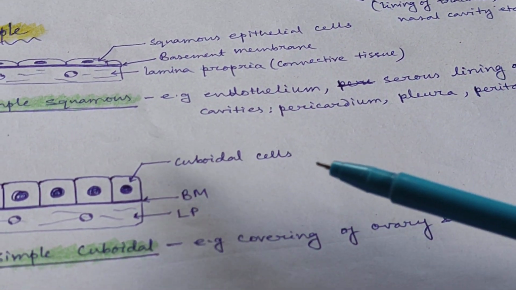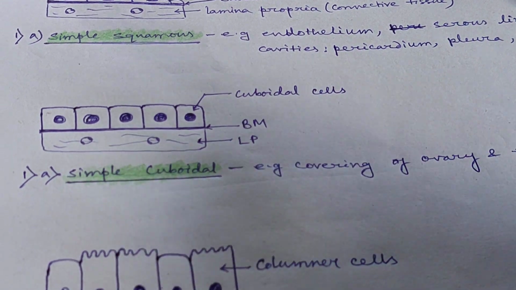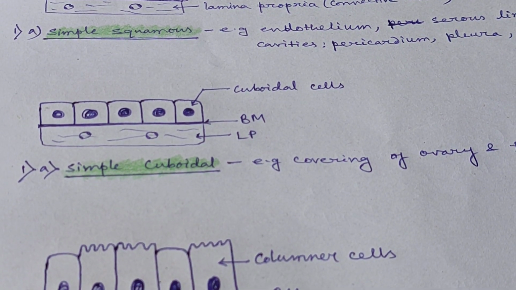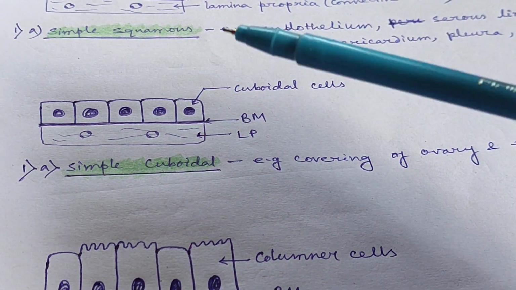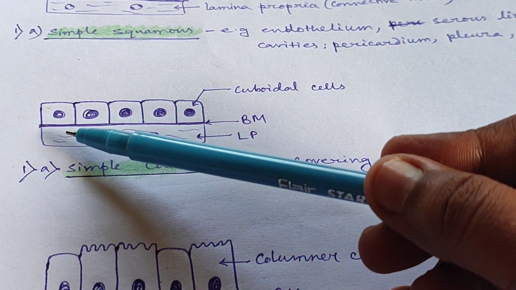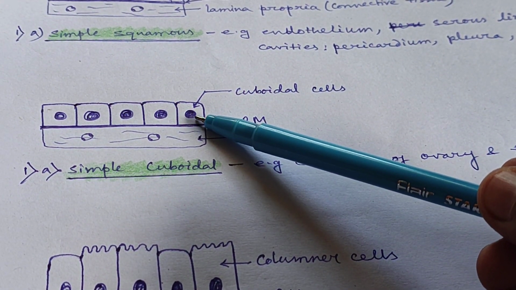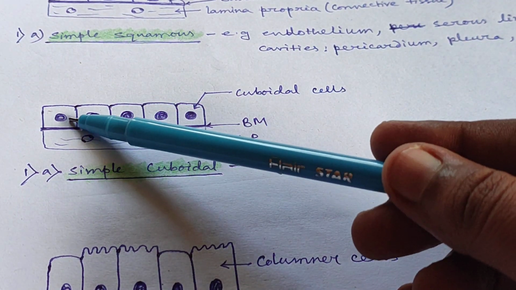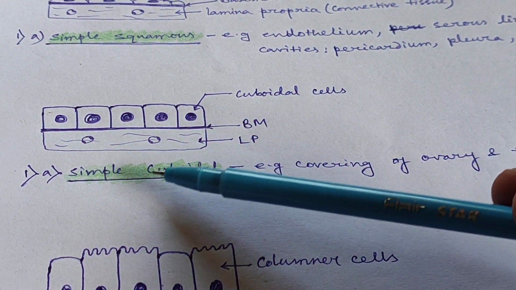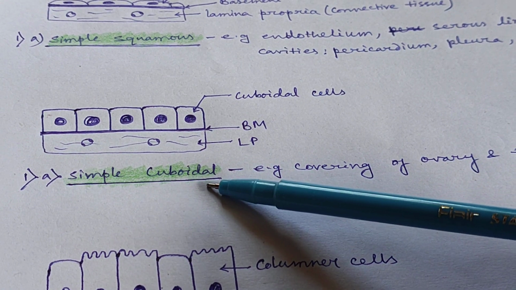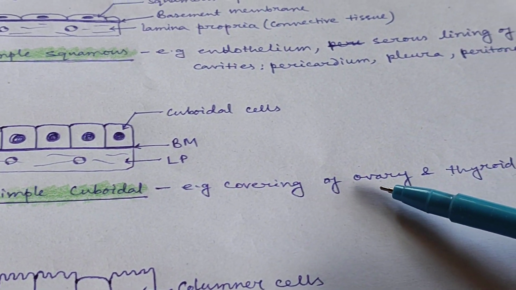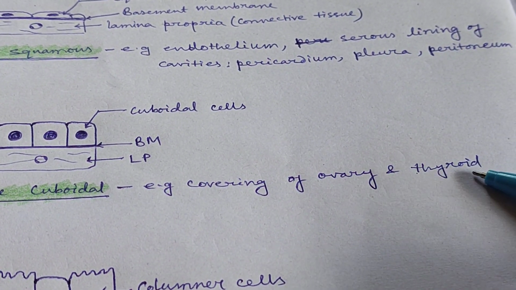Okay. Next, coming to the simple cuboidal type. Here in the simple cuboidal, the thing is the same. Over the basement membrane, you can see the cells are of cuboidal shape. Okay, cube shaped cells arranged in a single layer. That is why we call it simple cuboidal epithelial cells, which are mainly present in the covering of the ovary and